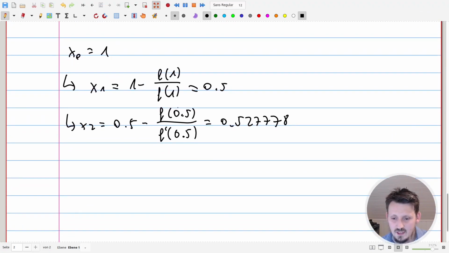And then in the next step, you have to insert this back into this formula and reiterate again and again. I have done this already up to 10, and you can use Excel for that. That is very simple. You can just insert x0 in one column, and then you can drag this formula down and get as many iterations as you want until your memory is full. And I have done this up to x10, the 10th iteration, and then I get here a value of